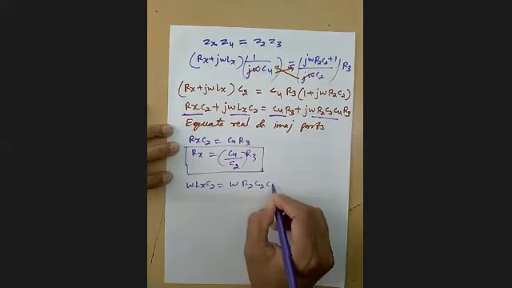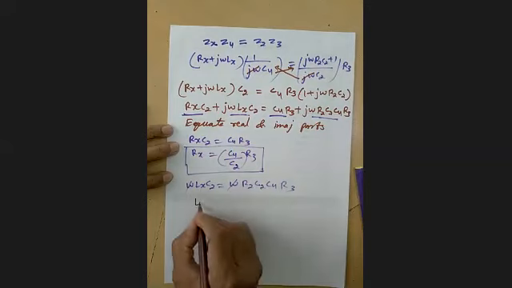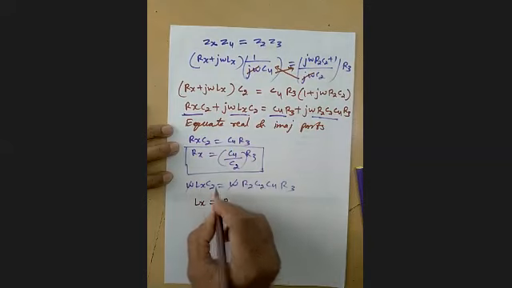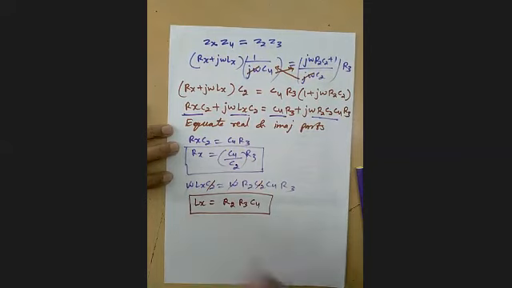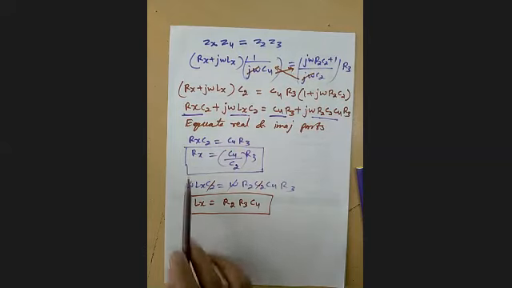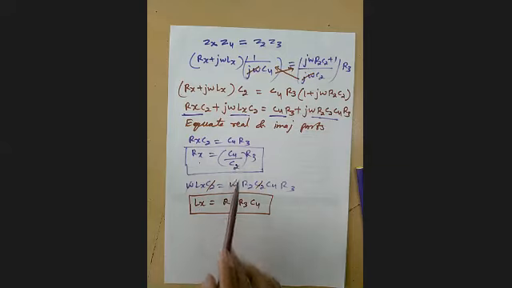R2, C2, C4, R3. Omega, omega cancel out. So Lx is equal to R2 R3 C4, as C2 is also cancelled. So this is the value of the unknown inductor. So with the help of Owen's bridge, it is very easy to calculate the unknown inductor and internal resistance. You can see the expressions are so easy. So this completes Owen's bridge.